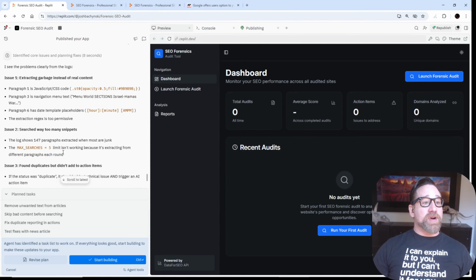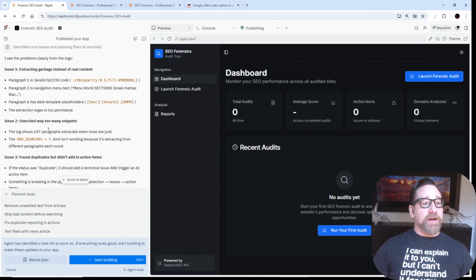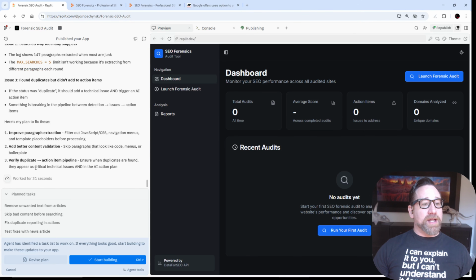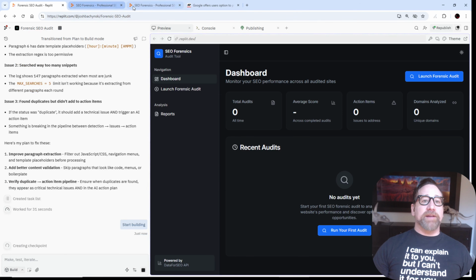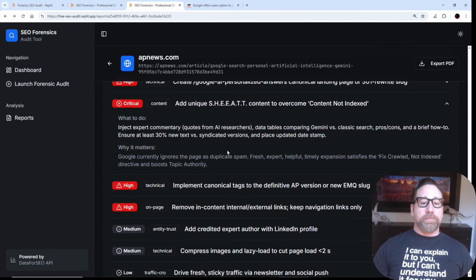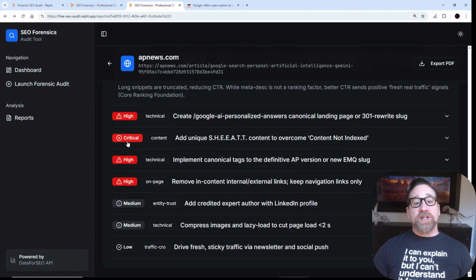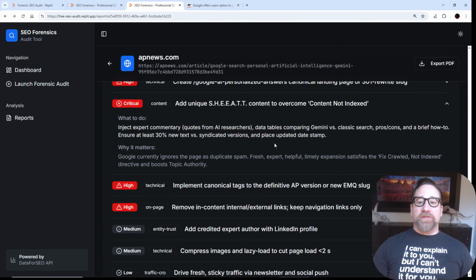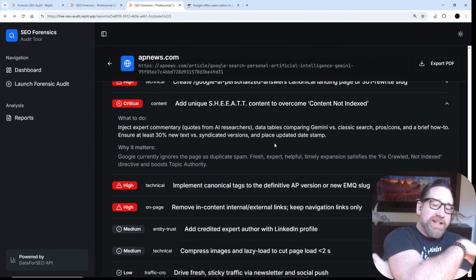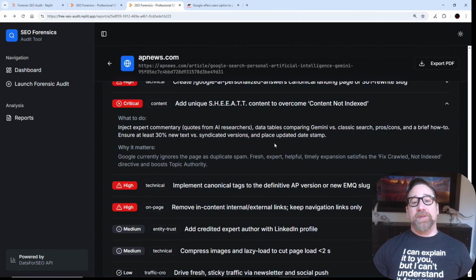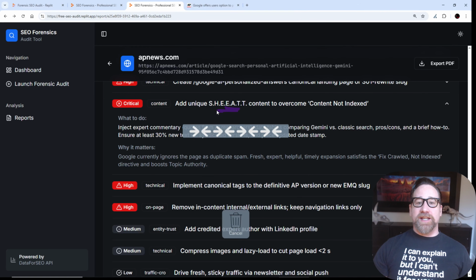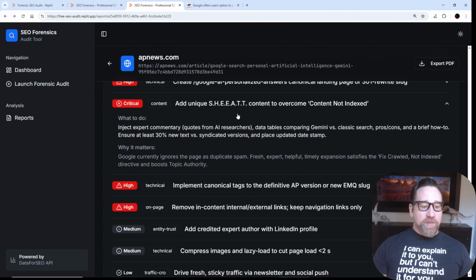And so it came back with an answer. It says, I see the problem. It's doing all this stuff, blah, blah. Yes, start building. Go. Okay, so here's another, this is a critical issue for sure. And they don't have the sheet. Now, what's the sheet? The sheet is my particular acronym. I took it from EEAT, which is Google's, this here. This thing here is Google's EEAT. I took it from that, but